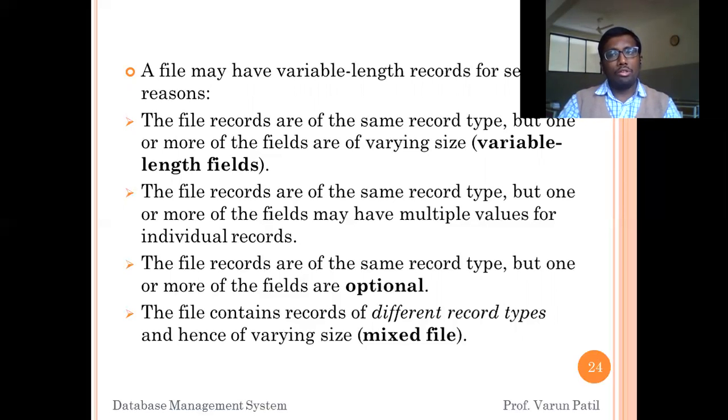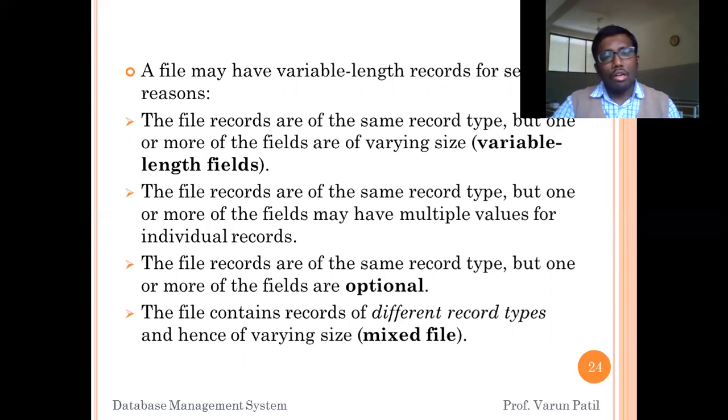So multiple values are there for that particular field. In one record we have the place Dharwad, and in another record we have Dharwad, Hubli. So the length of the records will also vary. Then you can say that it is a multi-value attribute.